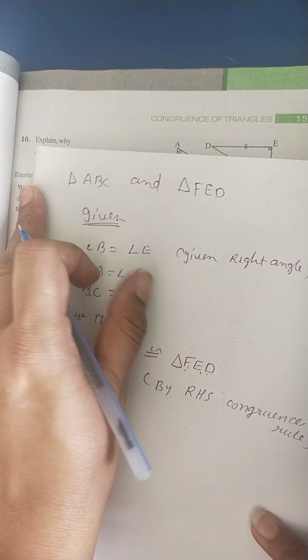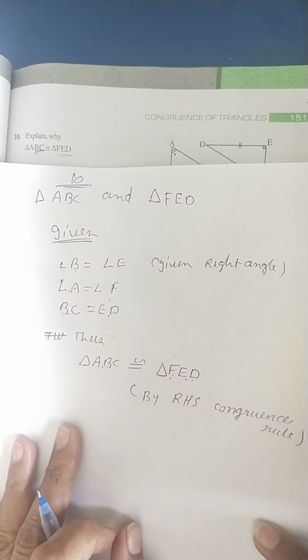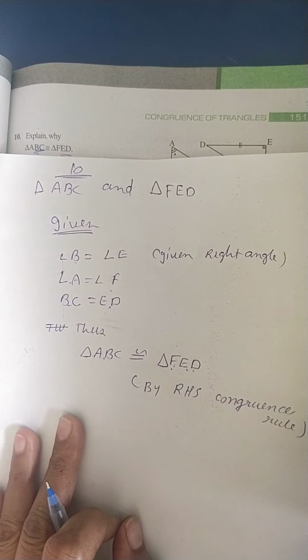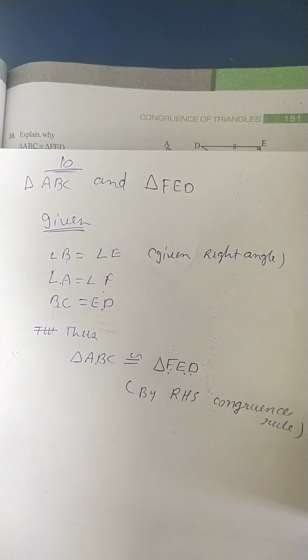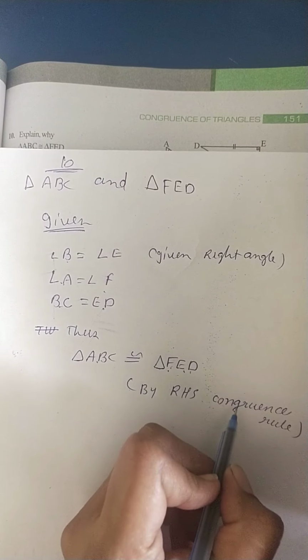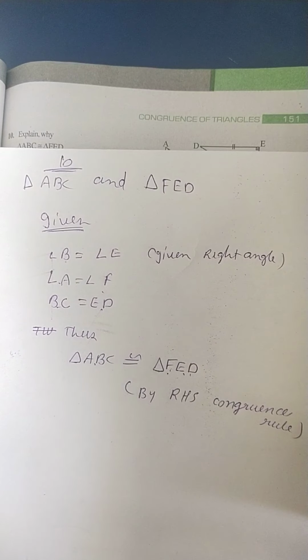So this is our 10th one. Students, here our chapter is over. Please practice, it's a very easy chapter. And if your concept is not clear regarding the congruency criteria, how to prove that triangles are congruent, then in 8th standard you will feel a lot of difficulty. We have to learn more regarding this, so please clear your idea. Thank you.